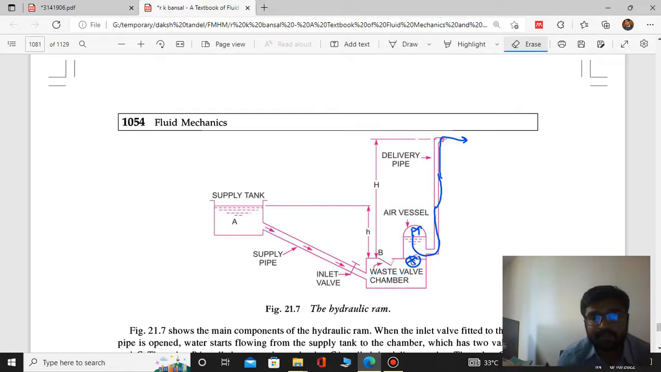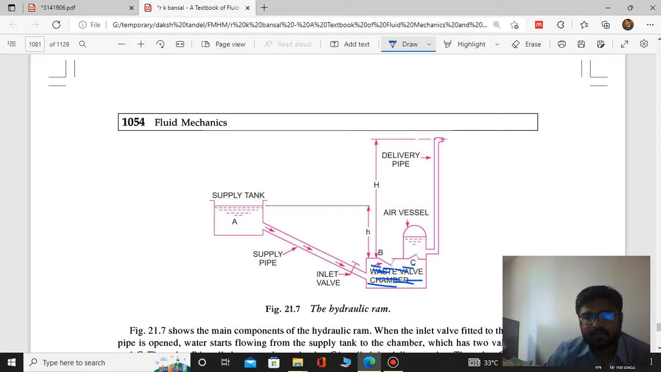So again I am repeating what will happen. Initially what you will have to do? Initially you will have to open the inlet valve. So whenever you open the inlet valve, what will happen? Water starts filling in this chamber, and after some of the water also goes outside from the waste valve. But because of this filling, this waste valve gets closed, and because of that what will happen? Pressure inside the chamber will increase, and because of that high pressure, valve C will open,